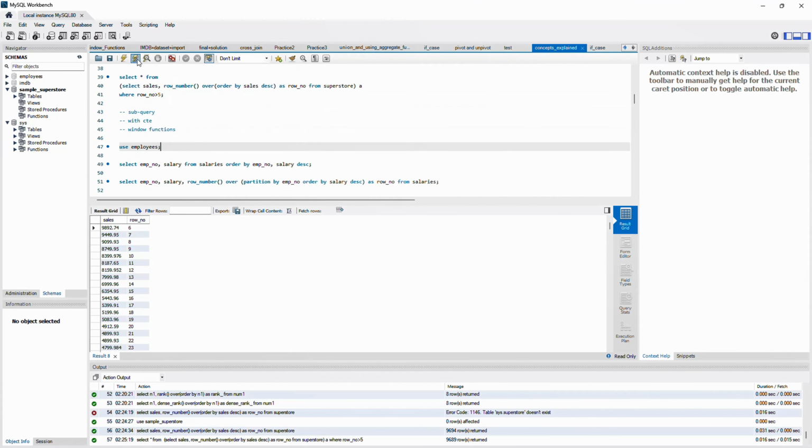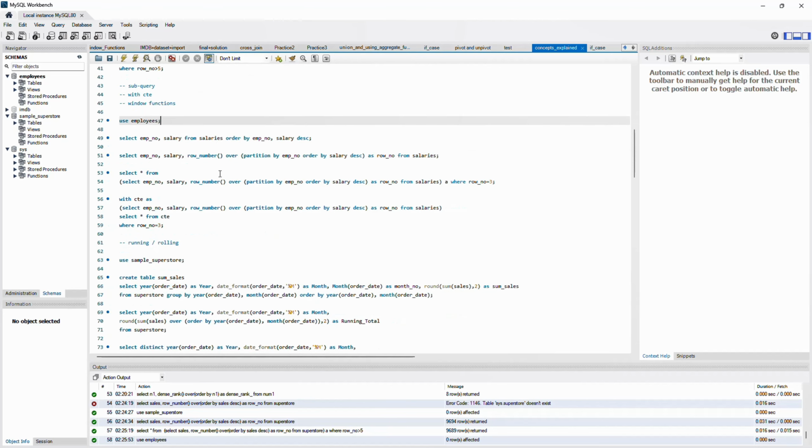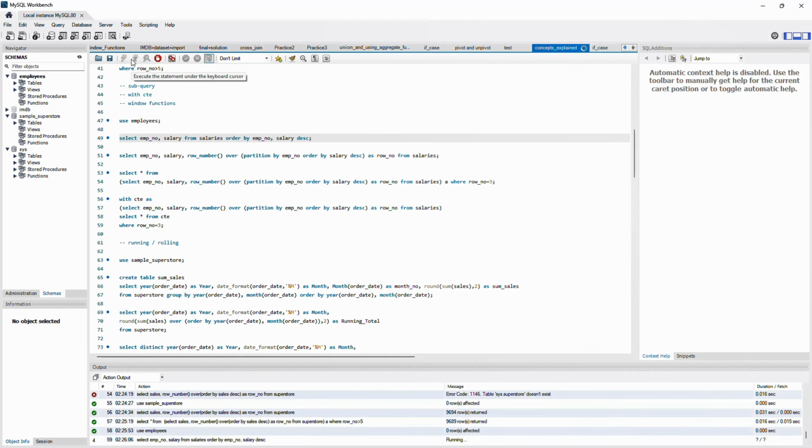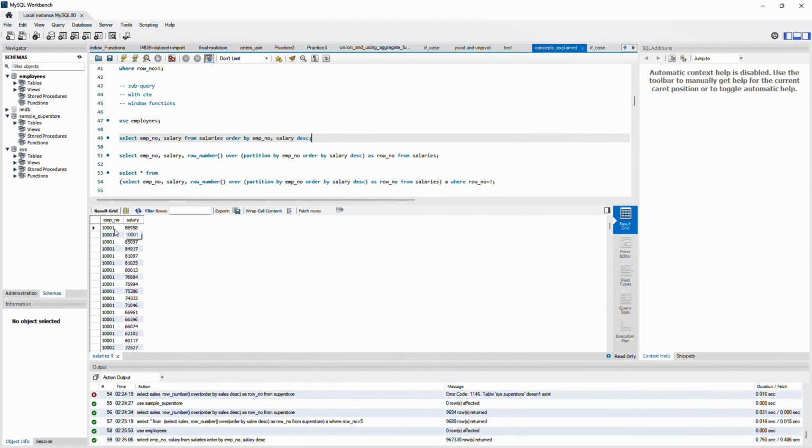Now let me use employees. In employees, I have taken employee number and salary from salaries, ordered by employee number and salary. If I simply execute it, it is taking employee number and salaries. Since I have ordered it by employee number ascending and salary descending, it will show me the salary in order. Now, if I just simply want to assign the row number as well to it,